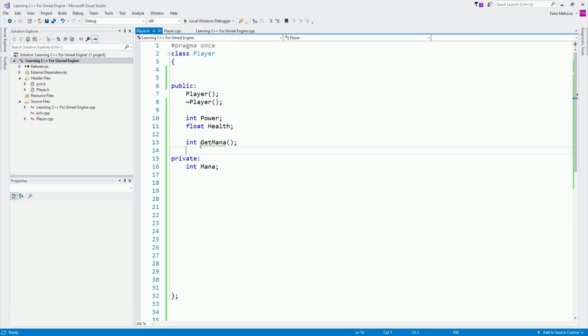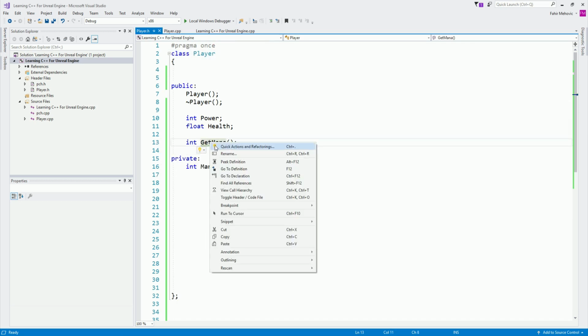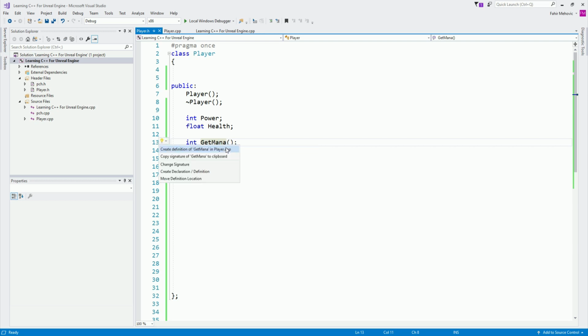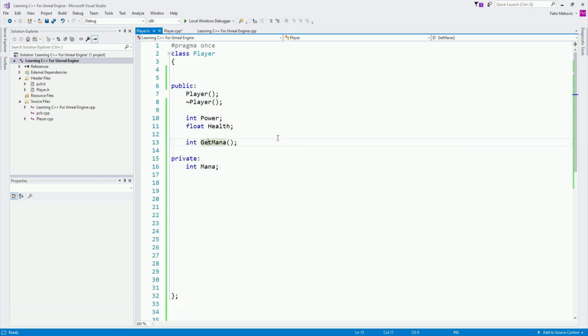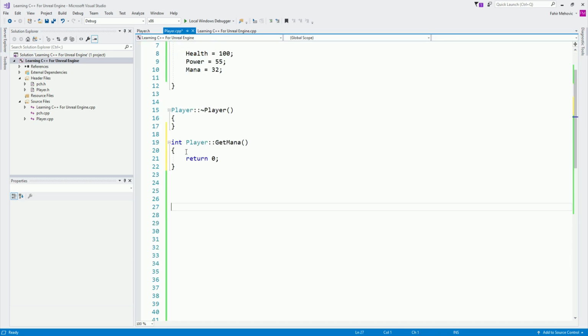So what I need to do is either do it like this. We can right click on it, click quick actions and refactorings, and click create definition of getMana inside of our player CPP, which we go over here. Notice now we have the int, and this is how we declare or implement a function.